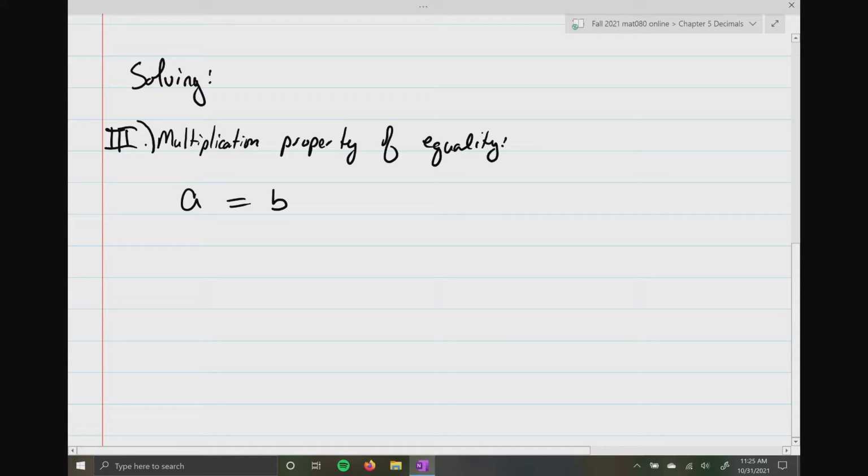The third property is called the multiplication property of equality. And what this says is that you are allowed to multiply both sides of the equation by the same number. Okay? And then for the last one, we have